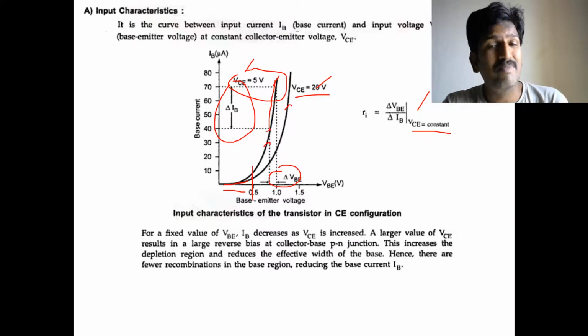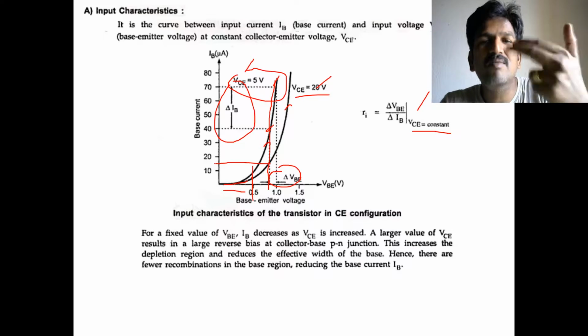It takes some time. You see this one, it started. For this point, just observe at what point it has current. Here, at around 0.8 volts of VBE, you can have 40 microamps of current. But at 0.9 VBE, what is the current corresponding to VCE of 20 volts? It is only 15 microamps. The current conduction becomes slower when VCE becomes more. Why? Because when VCE becomes more, the collector to base junction becomes more reverse biased.